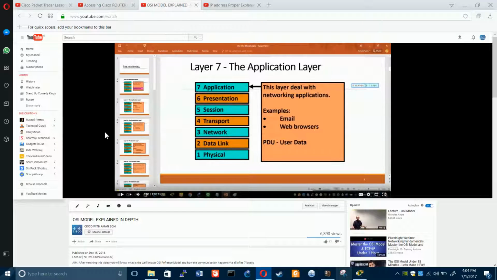The third thing, you have to have knowledge of the OSI model. If you know a little bit about OSI, it's okay, you can still get along with static routing and default routing, but I strongly recommend that you have very good knowledge of the OSI model. This is a very in-depth video, almost 1 hour long, so you have to go through this. If you know a little bit of OSI, it's fine. If you don't know, watch the static routing and default routing video, go back, and whenever you are free, go through this